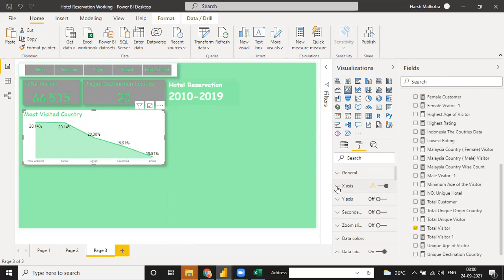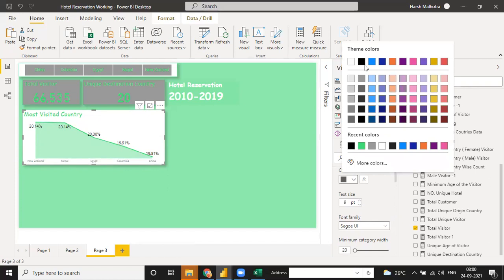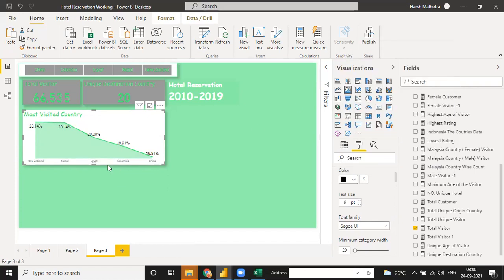Now you also change this one also, black color. So go to x-axis, go down, your title is switched off, okay, but this size is not switched off. Go to this, title is black, increase the size.